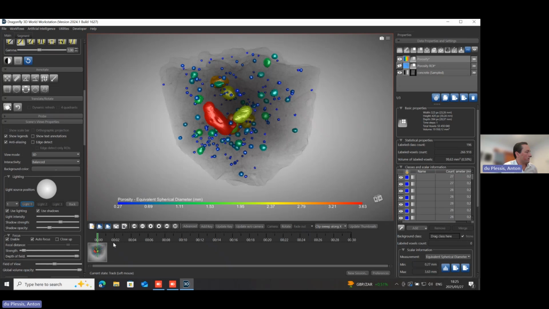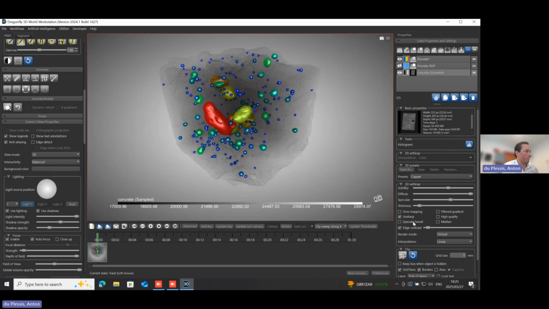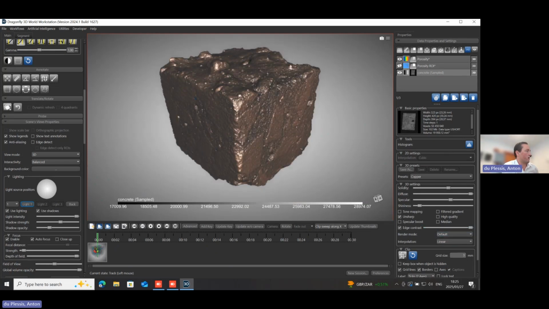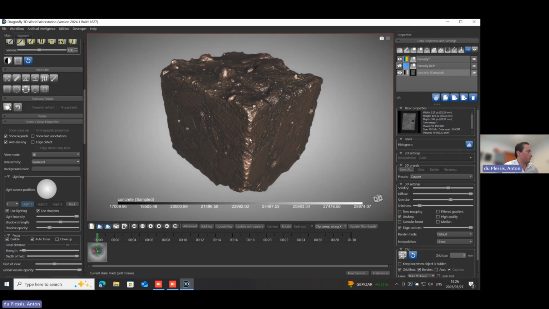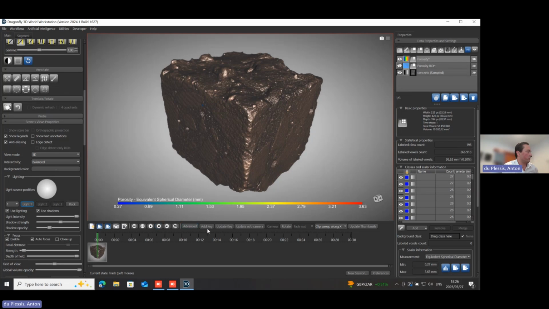What you see down here is a time scale, which shows you the length of a video, and we will add frames to this. The first thing we want to do as a first frame is we want to see not the transparent image. We want the video to start at this point. So I'm going to say update key. Actually, I want this legend to be visible, so I will update the key so that that is actually visible.